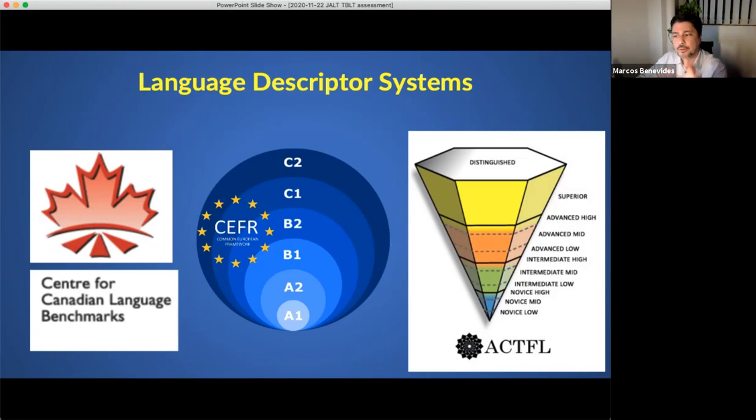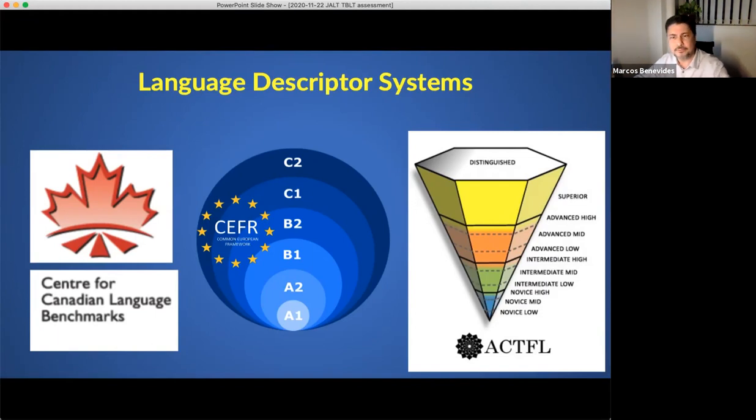I actually recommend the Canadian Language Benchmarks. If you're familiar with the CEFR, one of the criticisms of it is that it's very theory-oriented and not as practical. I would tend to agree with that, at least for the earlier versions of the CEFR that I'm more familiar with. The 2003 document, for example, was a 300-page description that I wouldn't recommend to grad students who are learning how to teach English.